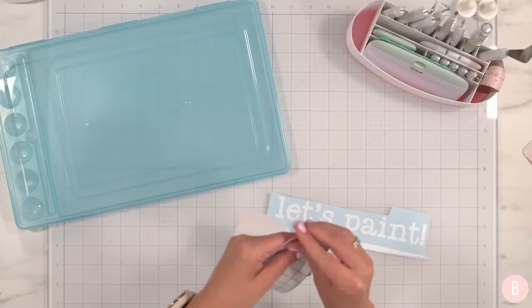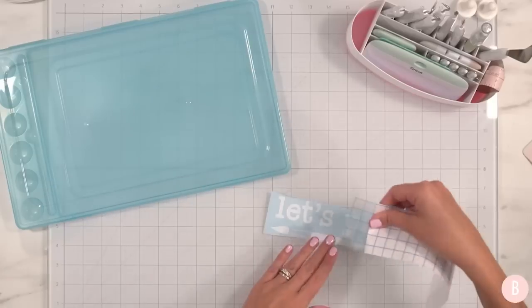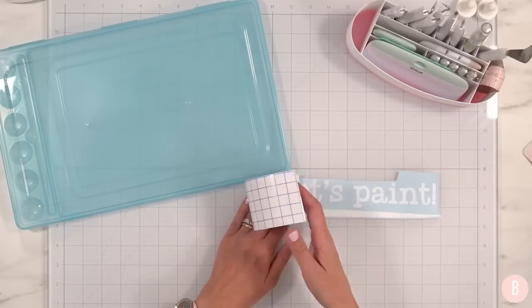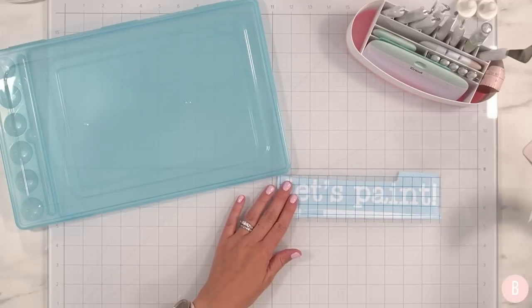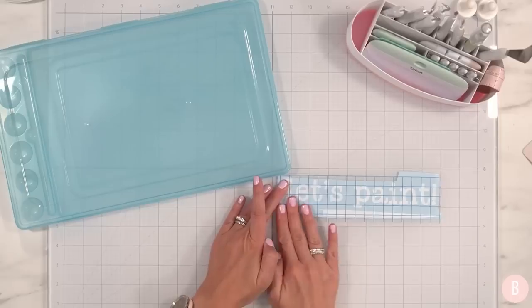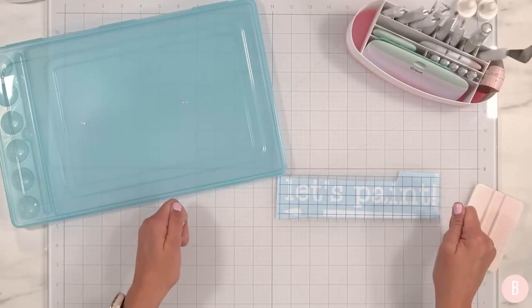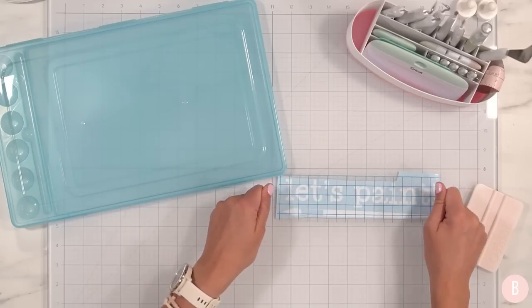Okay, I have some transfer tape. Again, I'm just going to fold about an inch or a little bit larger and expose just that much. Again, that kind of creates a pull tab if you fold it behind, which you can pull, and then it releases the rest of the transfer tape. It's just easier than having an entire piece of sticky exposed transfer tape and then you're trying to place it